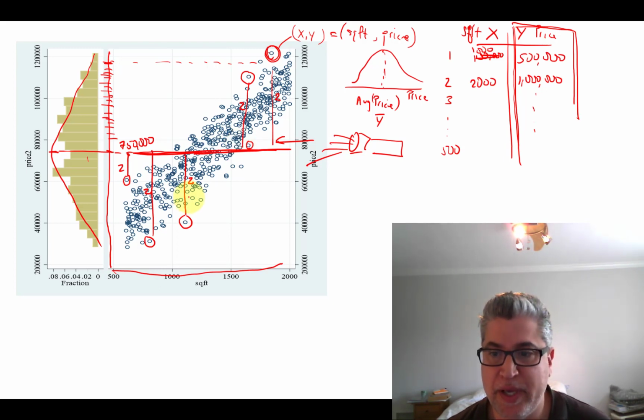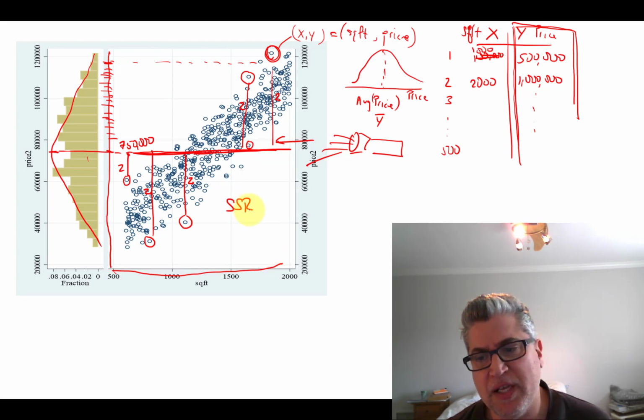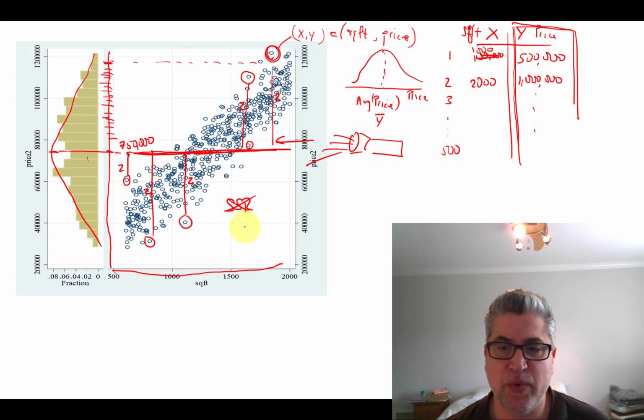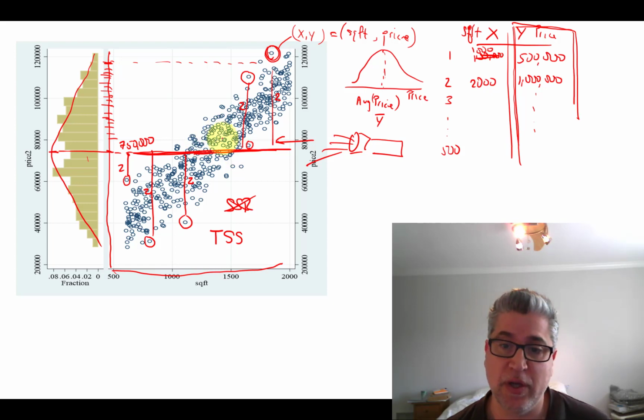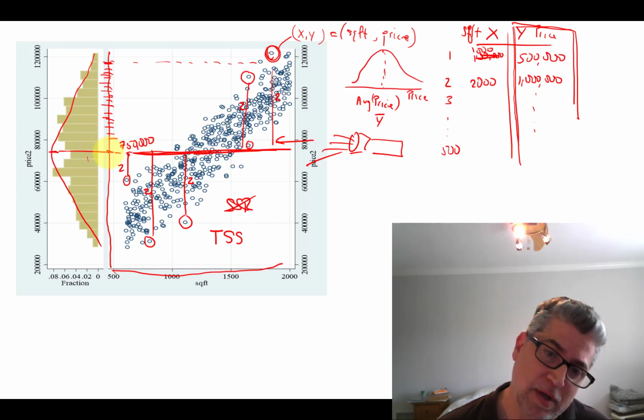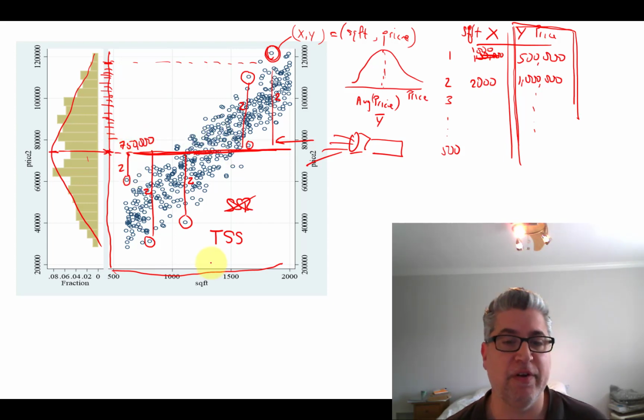This would be our sum of squared residuals, but I want to give this a slightly different name. Let's think of this as our total sum of squares. It's the squared deviation of all of our y variables from 750, from their average,